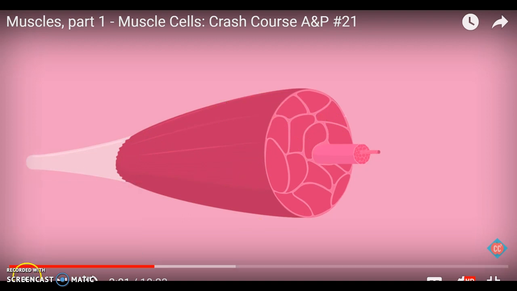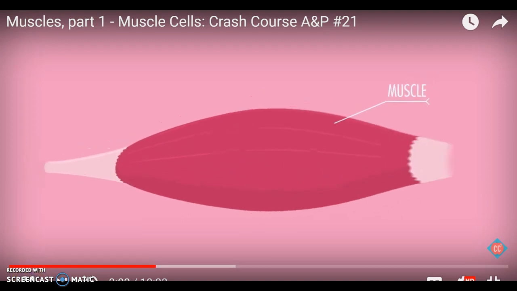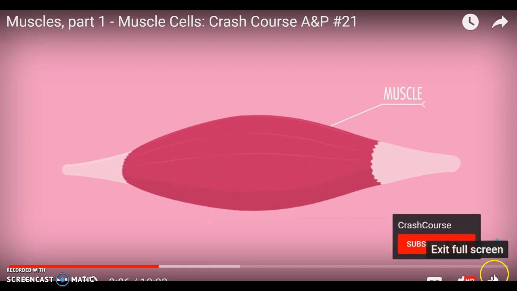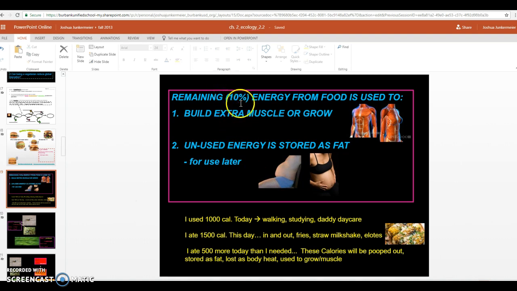Muscles are very simple in what they do. But watch this. You see how it's just contracting? That's all they do. They keep it simple. But that motion requires the energy, right? So that energy is getting used to either be stored for later, or that 10% of the energy in the food chain that we get from something we eat could be used to help the muscles do work, grow, or just make those little strands inside our muscle cells make more of them.